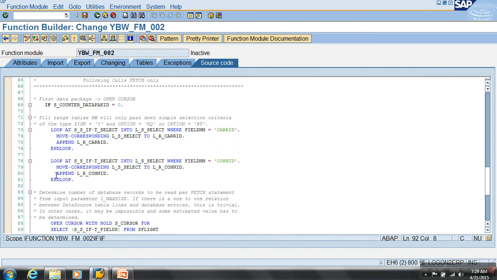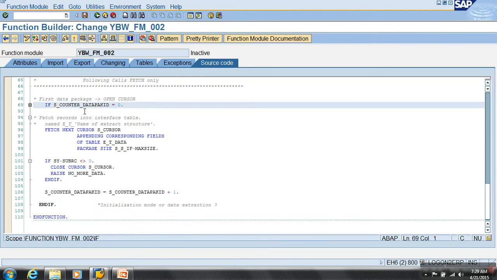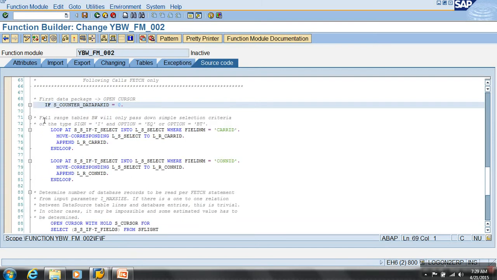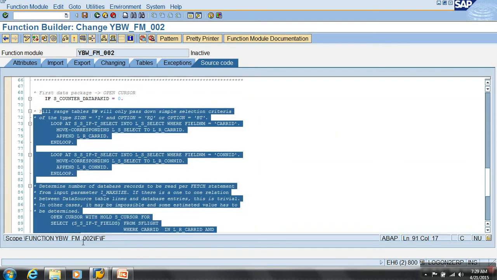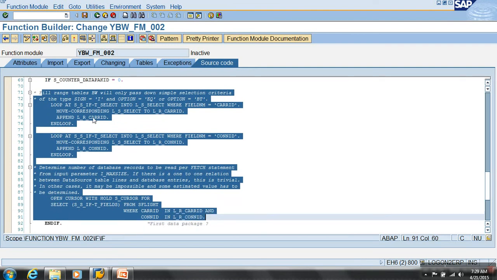So see, I've just put this block. There is nothing like that now, right? Only fetch. You see, if I expand this block, this set of code is written only for packet 1, the first packet. So what happens? The open cursor gets executed only when the packet ID is 0. So can I say this gets executed only the first time, on the first packet call? Yeah.